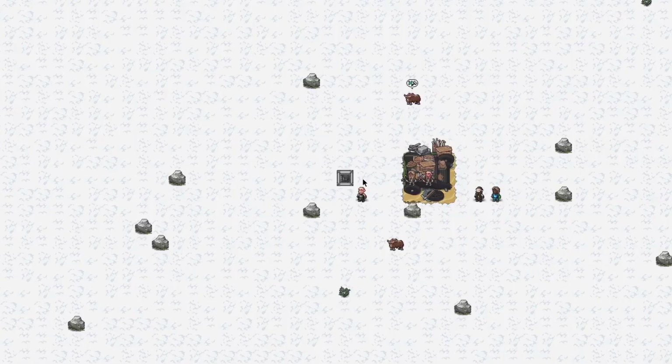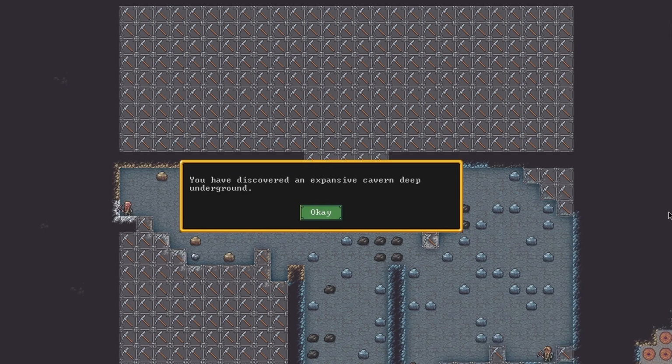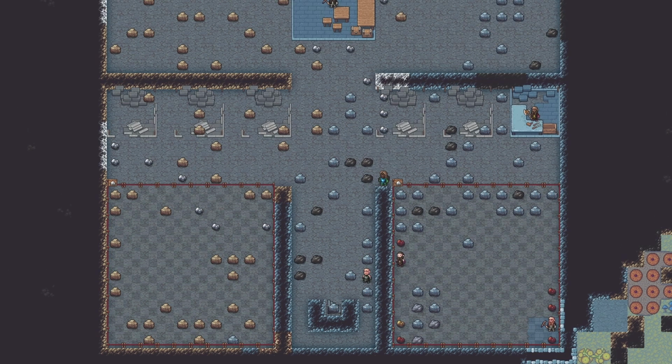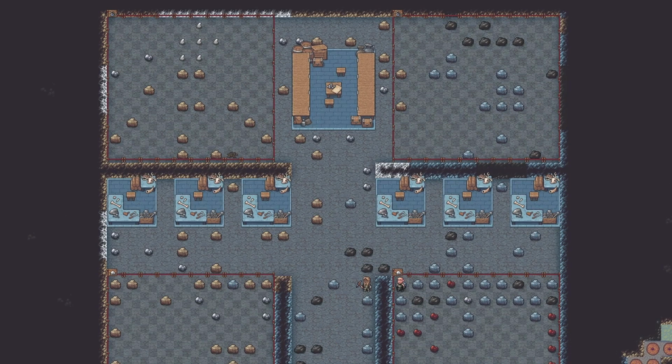To start, we dug down through the snow and started mining out the beginnings of a fortress, revealing some caverns in the process. I quickly got that patched up before any weird cavern creatures could crawl, fly, or slither their way in. Once the room was dug out, we put in 2 large stone stockpiles, 6 crafting workshops for toy production, a trade depot where we could give our goods away, and 2 finished goods stockpiles where the toys would